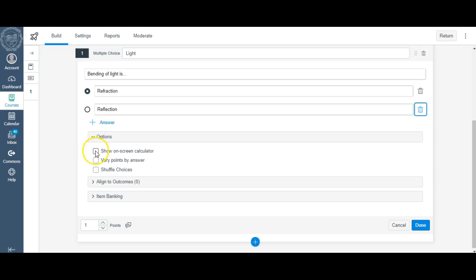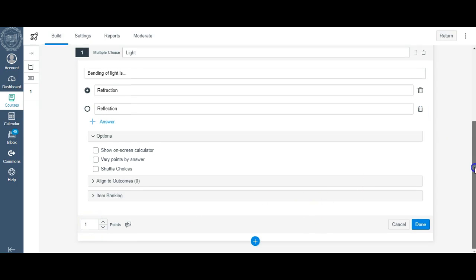Now there are options here. You can give them a calculator, but if they're doing this on their iPad or computer, they probably can access that on a website anyway, or might just have theirs in class. And you can make it worth a certain point total down here. As with anything else, you can add another question beneath this, but let's just see what this one looks like